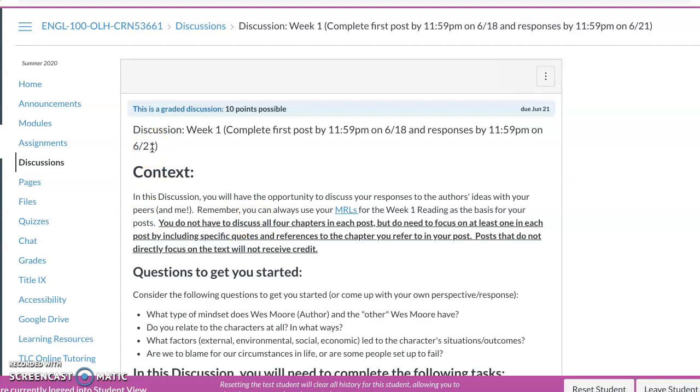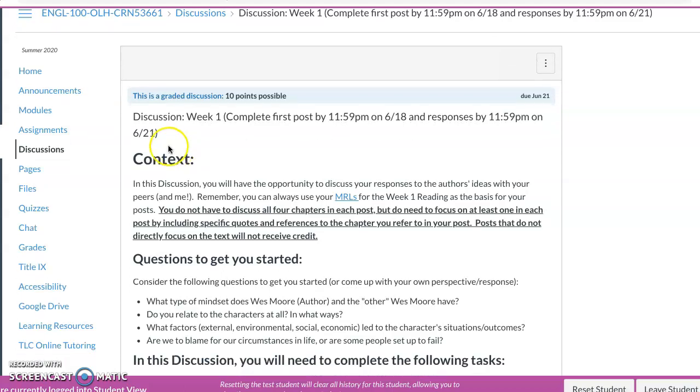So usually it'll be Thursday night, your post is due, and then Sunday before midnight, you have to respond to a peer. So that's why there's 2 dates. And even though the date says it's due the 21st, that's because that's when the whole thing is due, right? Not just your first response, but also your response to 2 of your peers. Okay, so if you have questions about that, please let me know. I know it gets confusing at first, but it's okay.